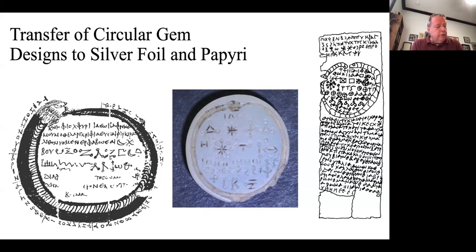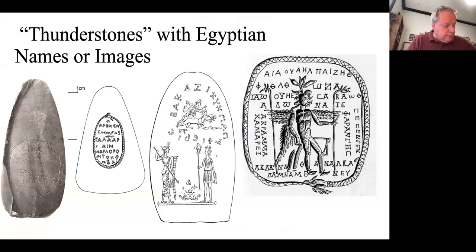Today, however, I will argue along the same lines that the designs used on 4 of these thunderstones were also copied from gems, all of which show obvious Egyptian influence, either in their images or in their use of transliterated epithets of the Egyptian gods. That gems are the source of these images will be especially clear